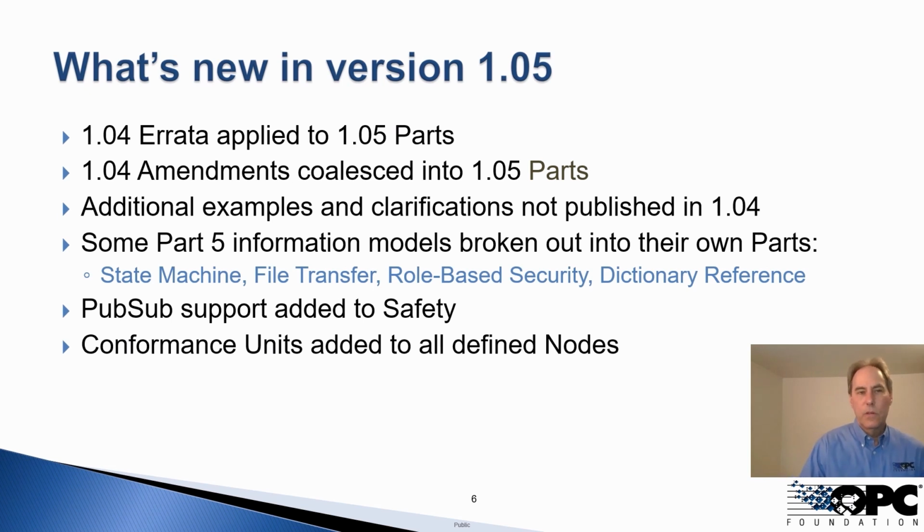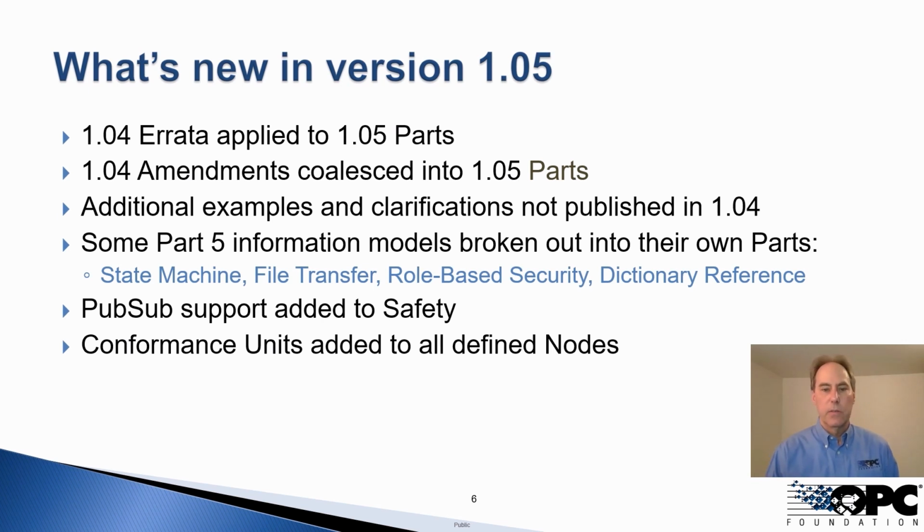So when we talk about the 1.05 release, it's largely a maintenance release. And by that, I mean we've taken all of the fixes and changes that were published in the form of errata in 1.04. And of course, we've applied them directly to the 1.05 documents to make them up to date. We've similarly taken all of the amendments that we produced as part of the 1.04 release, and we folded those into the 1.05 parts. So we have a clean specification with all of the bits and pieces in it